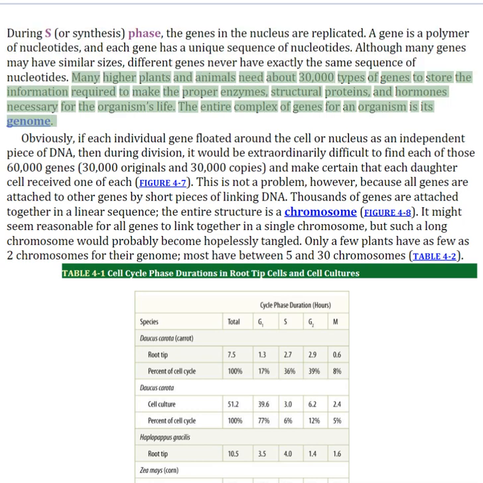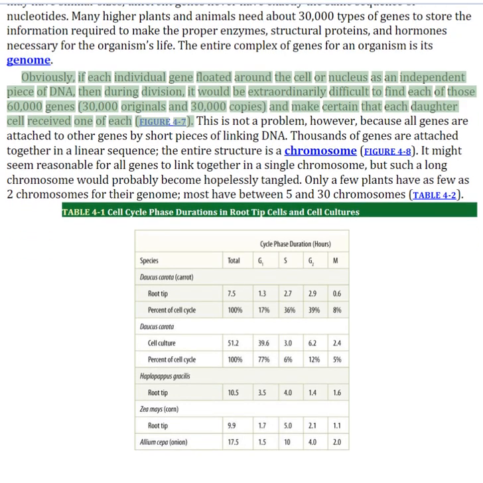Many higher plants and animals need about 30,000 types of genes to store the information required to make the proper enzymes, structural proteins, and hormones necessary for the organism's life. The entire complex of genes for an organism is its genome. Obviously, if each individual gene floated around the cell or nucleus as an independent piece of DNA, then during division, it would be extraordinarily difficult to find each of those 60,000 genes and make certain that each daughter cell received